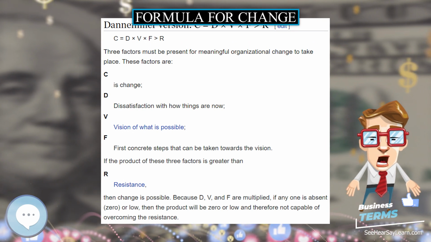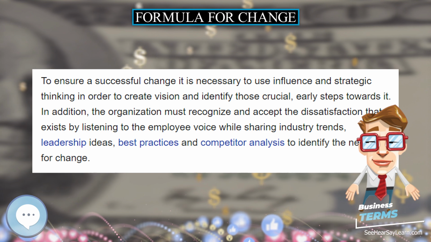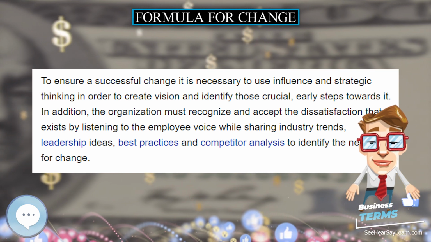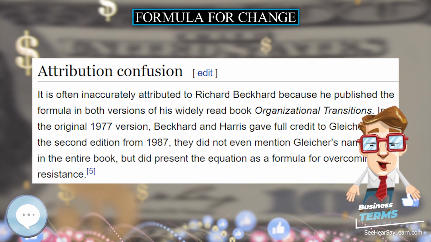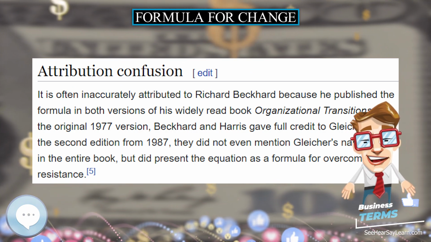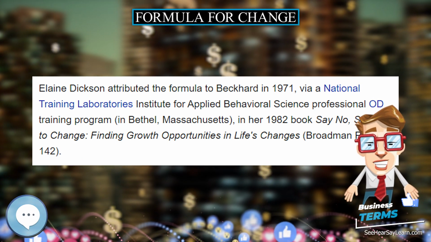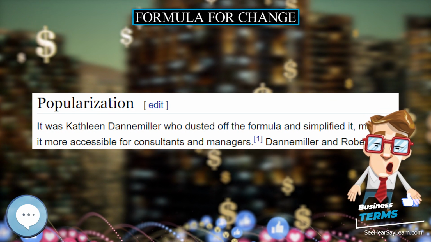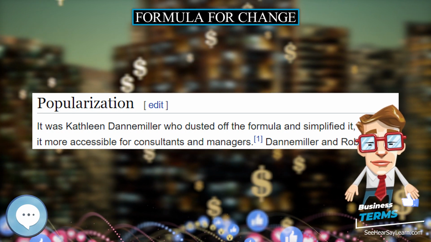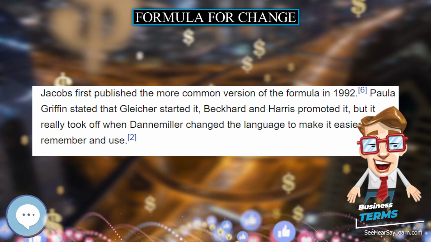Empirical research. Researchers have attempted to test the formula's effectiveness empirically. Kadanoff et al. developed a quantitative measurement instrument, based on Beckett and Harris's version of the formula, that can be utilized in change management practice. The instrument aims to support change readiness in all phases of the change management cycle, on the one hand, and to provide insights into change success factors, on the other.